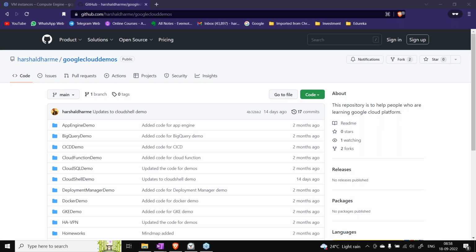But since we have not reached there yet, we have a lot of demos to cover, and a lot of these, like cloud functions, cloud SQL, cloud shell, Dockers, deployment manager, all of them will have different code. App Engine, all will have the coding, but I will not be sitting and writing the code. Just to answer your question, Gantasala, there will be a lot of coding involved in the subsequent respective modules. But networking doesn't require any coding, so right now we can't do any coding here.